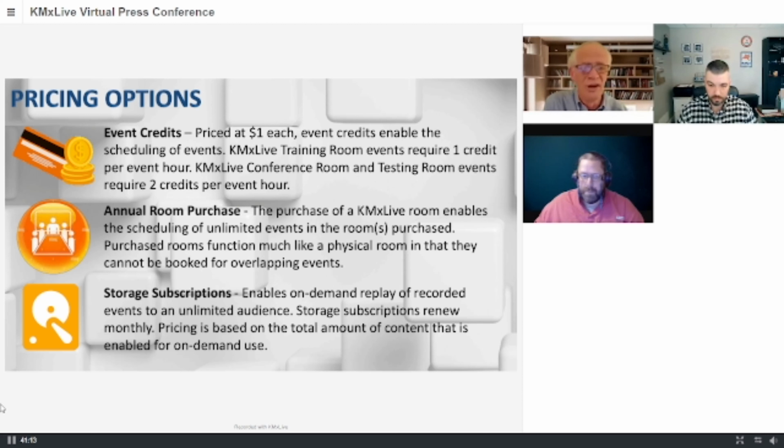And that would be really great for an association. Let's say you have an annual conference and you've got some room limitations, and only 200 people could get into one room, but maybe another 500 wanted to see the presentation. Now, with the storage subscription, not only can they see the presentation, they can participate in the presentation. They can be part of the audience. They can answer the questions with the rest of the crowd. They can participate and be heard, and make it really interactive. So these are things that we've tried to accomplish with KMxLive through the storage subscription model.